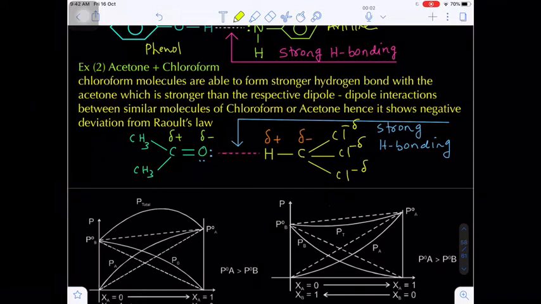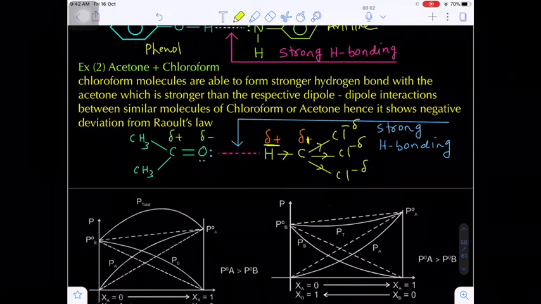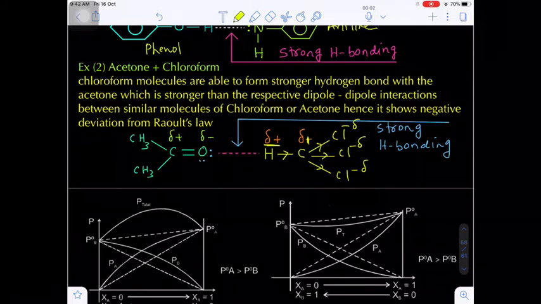Due to the more electronegativity of chlorine, it tries to pull the sigma electrons more towards itself. As a result of this, carbon possesses positive charge. Are you getting my point? This carbon tries to pull the electron from the hydrogen. That's why hydrogen overall possesses positive charge. Are you getting my point?